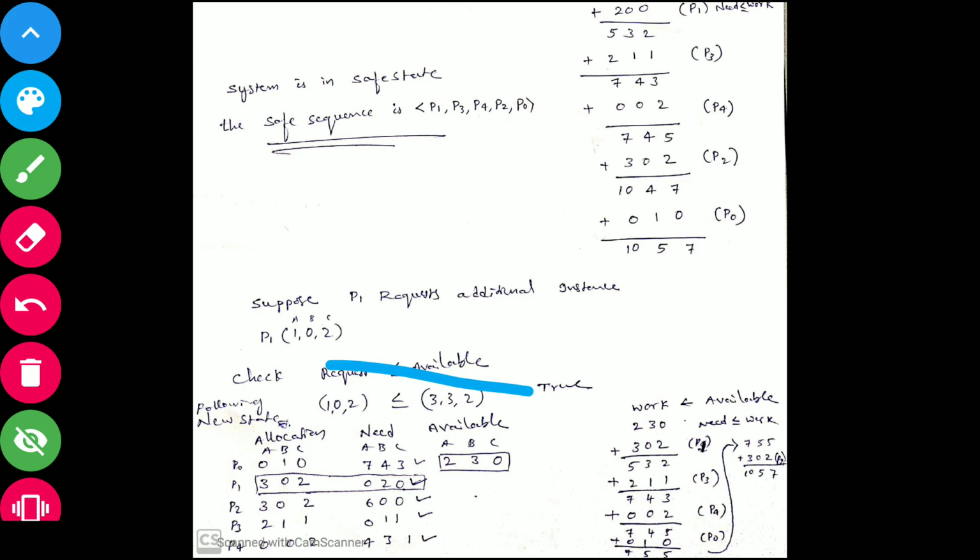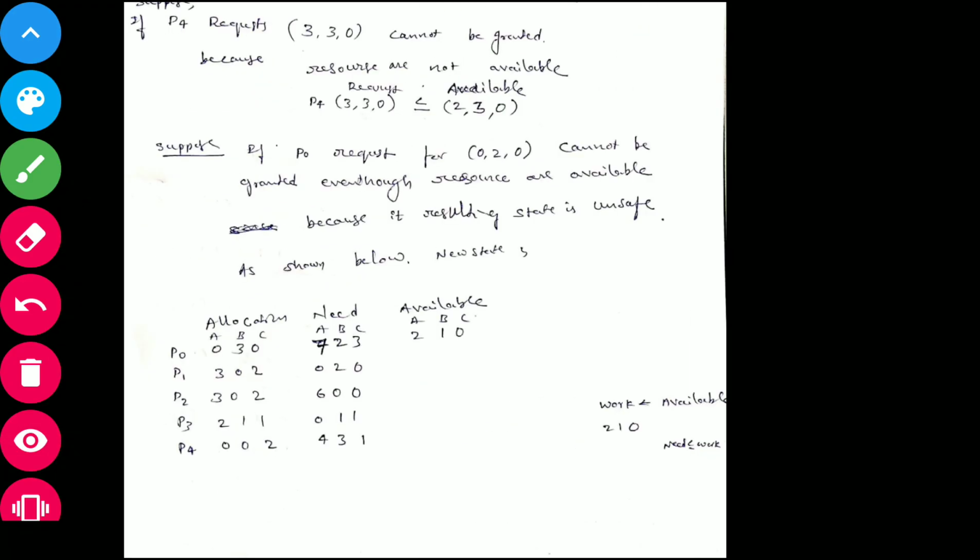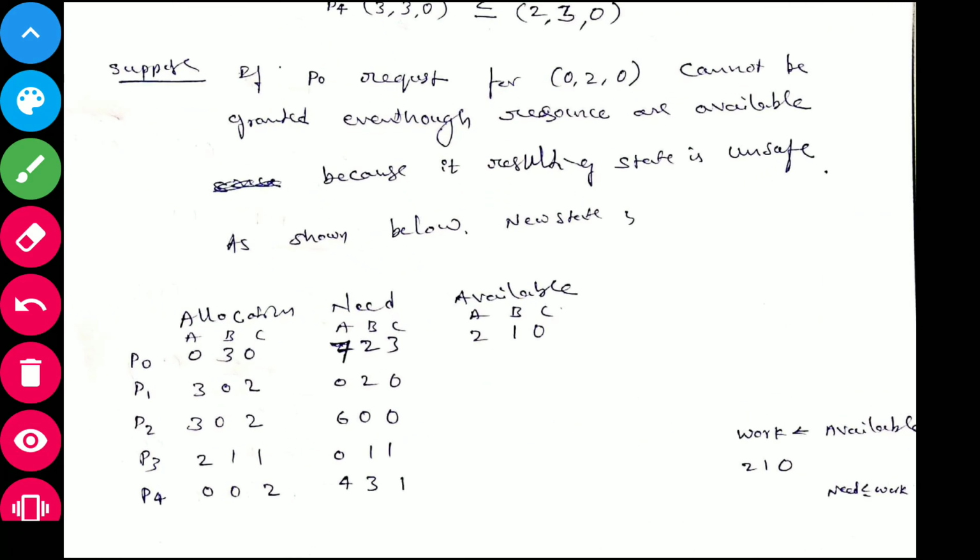I updated it, so whatever P0 is requesting, I allocated those things. So then these changes have been made. The remaining thing is as it is. Allocation changed, need reduced, available reduced.